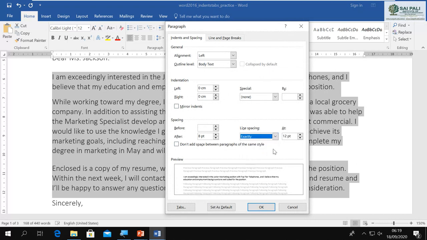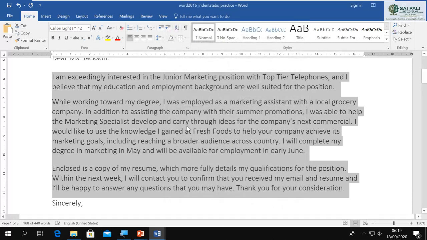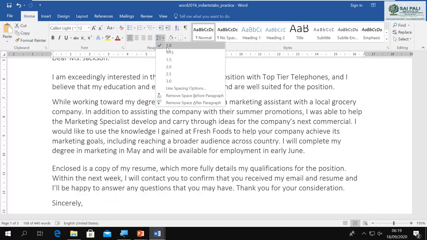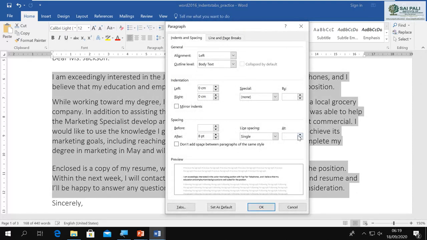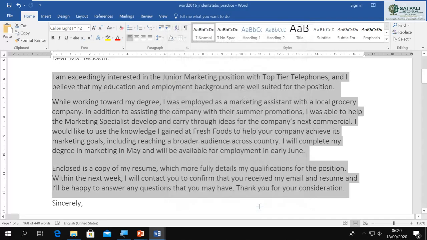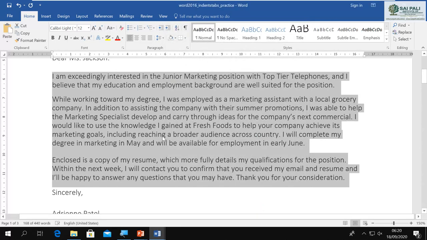So you have exactly also, you can do it like a point. At least you can do it also as a point, but in multiple you can do it as a number. Now you can see here 3 means it is too far. This 3 option is also available here, but if I want 1 here, see, no changes. Why? Because the 1 is already there. Now I want less than 1, so I can do it here. I want 0.9 here. So multiple 0.9. Now the lines will come a little closer. Now you see the lines come a little closer than that.